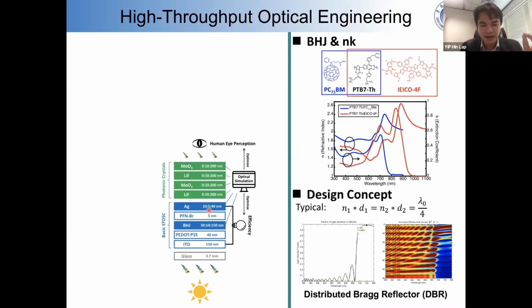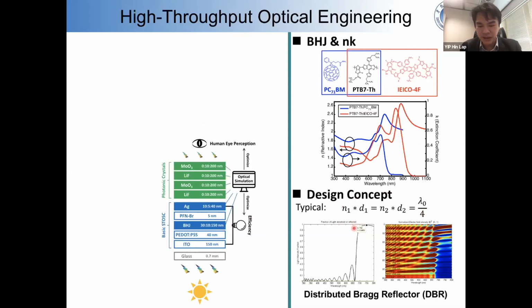But at the same time, we can also introduce a distributed back reflector, which is composed of alternating layers with different refractive index. The good thing is now we can control this stop band so that we can allow, for example, the near IR light to be reflected back to the cell, but allow the visible light to pass through, so that we can increase the overall light absorption of the bulk heterojunction in the organic solar cell. However, for the stop band